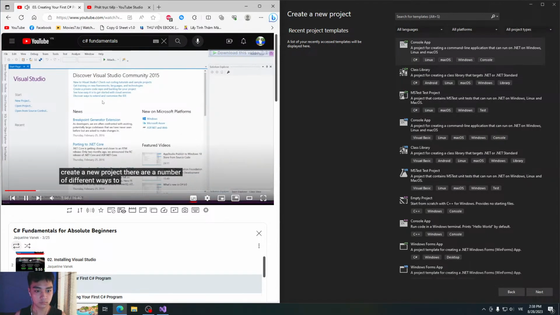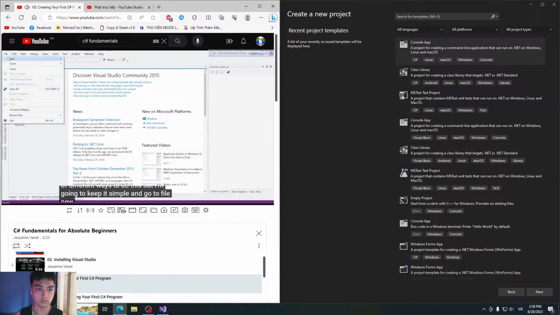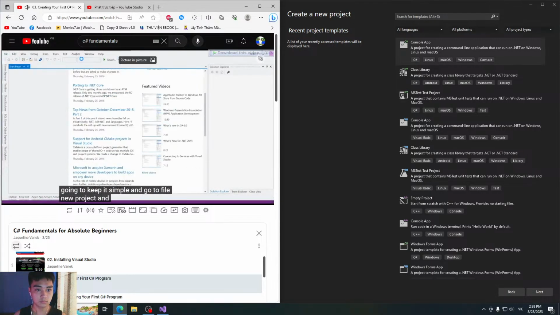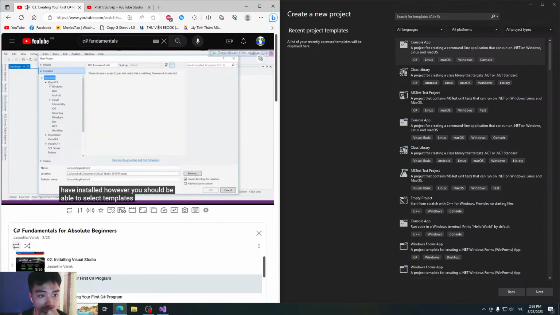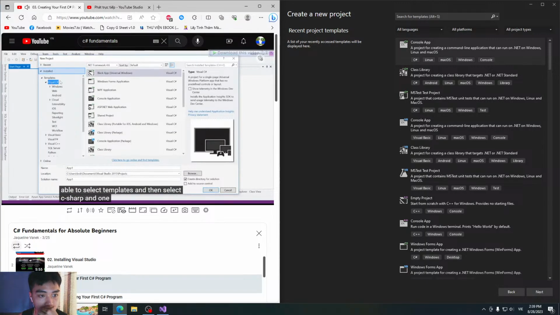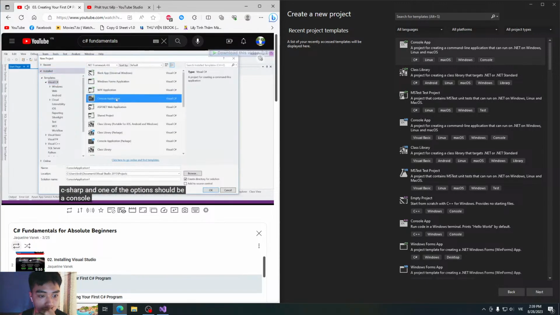There are a number of different ways to do this, but I'm going to keep it simple and go to File, New, Project. And selecting that menu option will open up the New Project dialog. Now, chances are the number of items that you see here in this center part will be dramatically different than the items that I see, based on which version and edition of Visual Studio you have installed. However, you should be able to select templates and then select C#, and one of the options should be a console application. All right, so I want you to select that, and then we're going to rename this project to